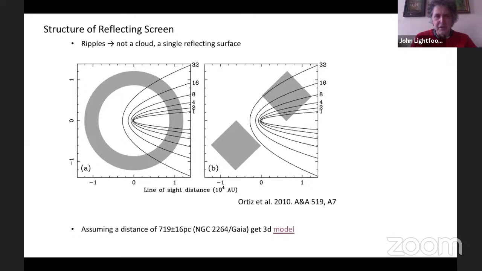I think they confirm really that the reflection nebula is a single reflecting surface. It's acting like a giant cinema screen. I've taken this diagram from a paper by Ortiz et al. But if you think about it,